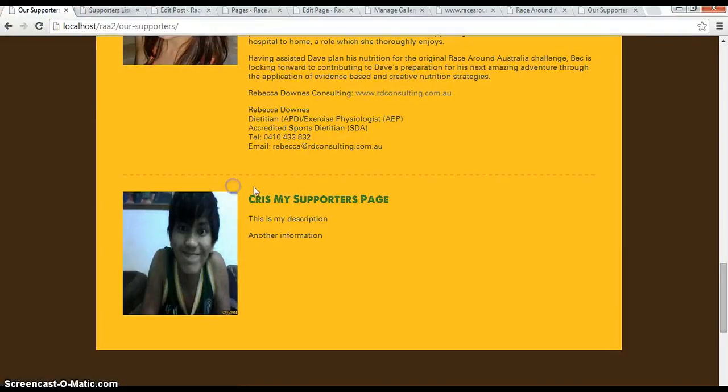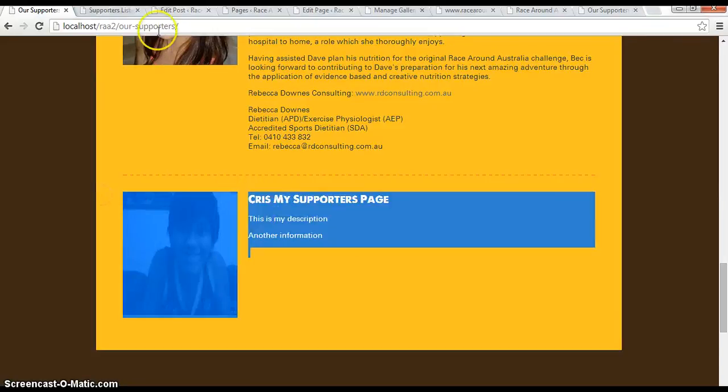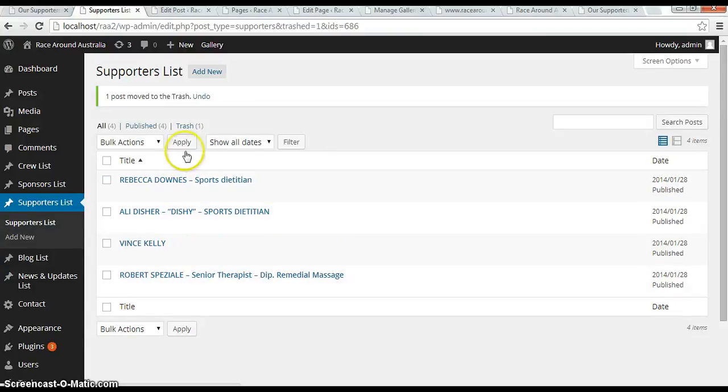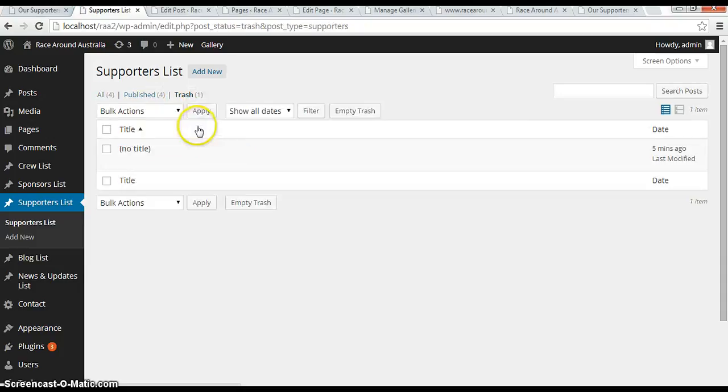So it's already here. So what we're going to do now is how we will be able to delete this one. So on the supporters list, you will also see a menu here. You click the trash in the menu, and then it's already deleted. If you want to undo, then go to trash. Then you can see here the deleted one. Then if you want to restore, then restore or delete it permanently. For now, we will delete it permanently.